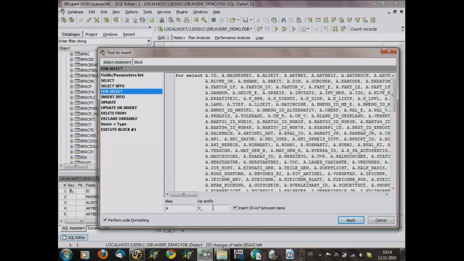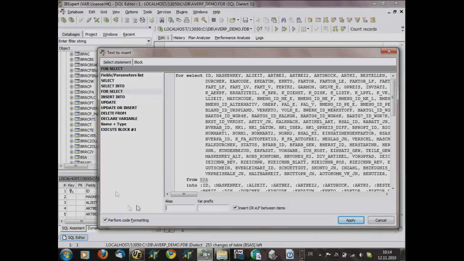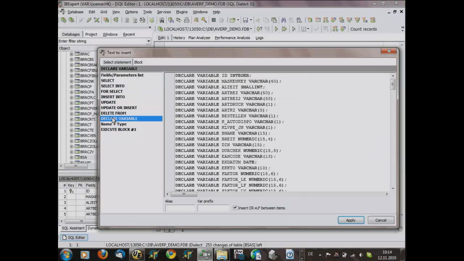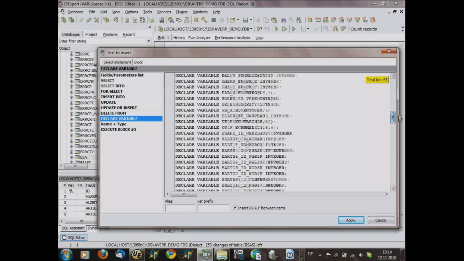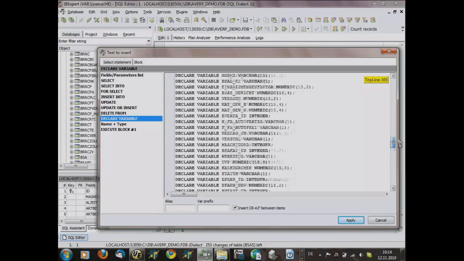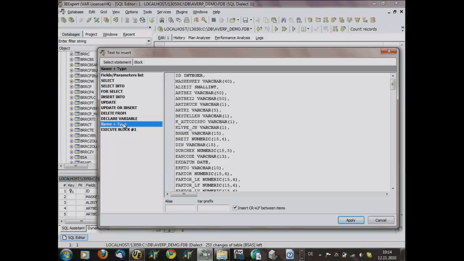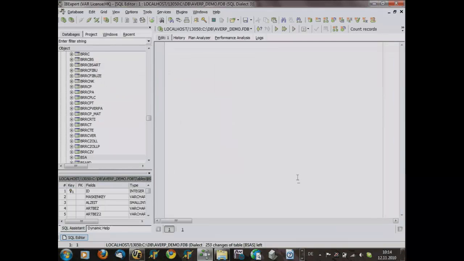And if we do a select statement, I remove this, or we do an insert into construction, we do an update, or more often a problem, declare variable. So what kind of type is set for the individual column, and this will be definitely much easier compared to the other information. Or if you want to have, for example, an extract for creating a new table or something like that, it is really easy to do it in that way.